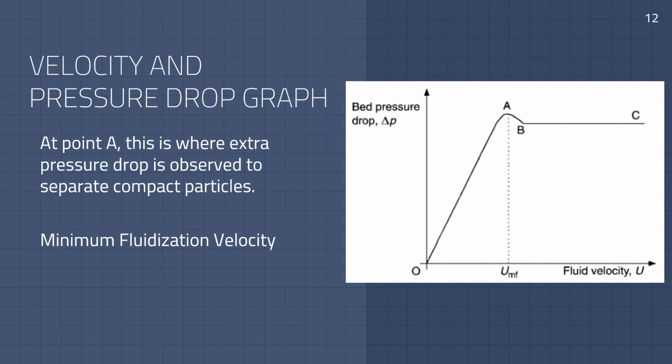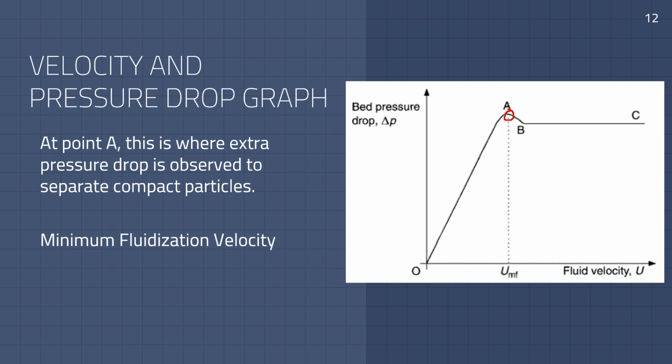At point A, this is the peak of pressure drop. The increase in pressure drop is associated with extra force needed to separate compact particles. Since the particles may be attracted to each other in one way or another, it requires extra force to separate this. So, in addition to this, the extra force or extra pressure drop is associated to overcome wall friction and